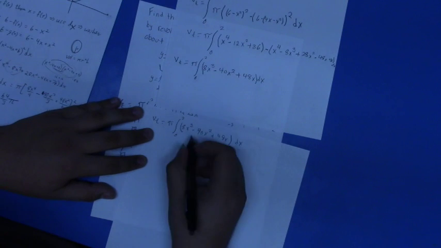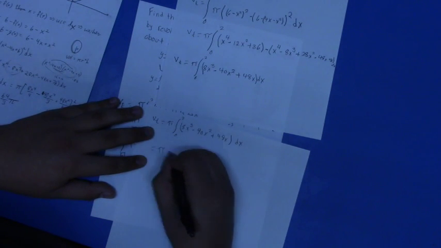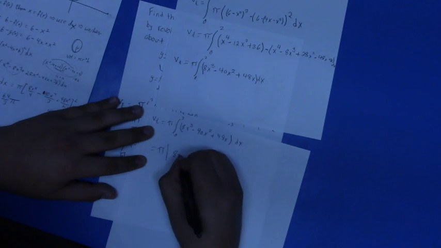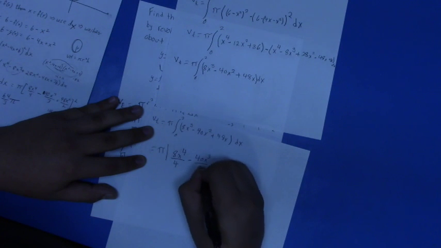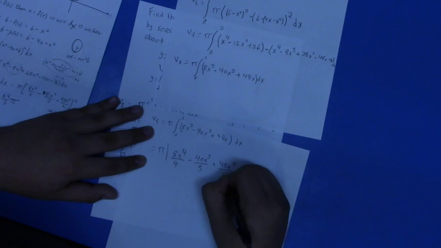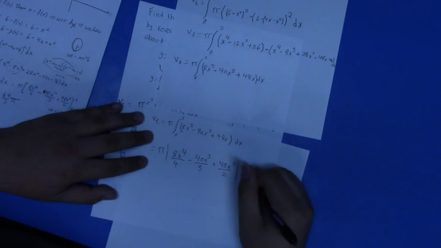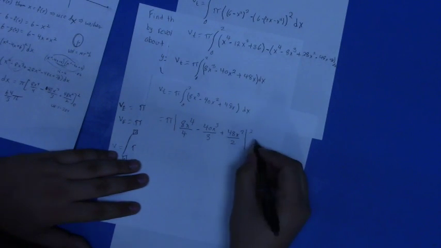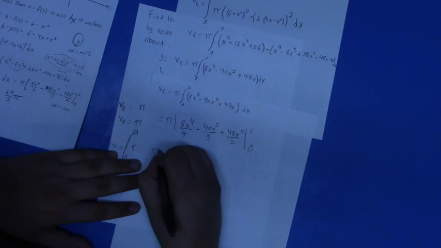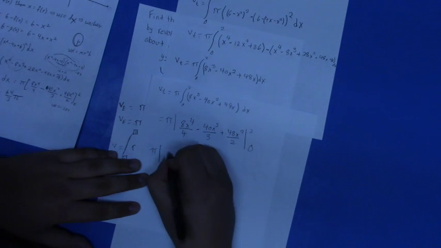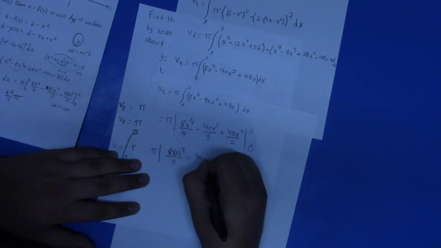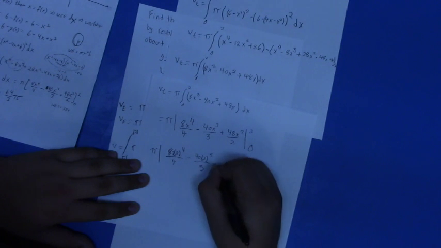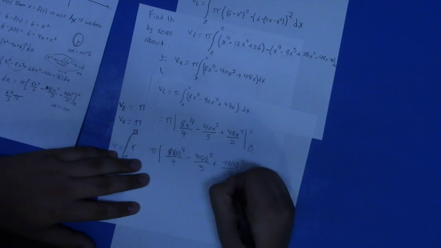There you go. So integrating across, you need to bring down the pi. We get 8x to the 4th over 4, minus 40x to the third divided by 3, plus 48x squared divided by 2, all that from 0 to 2. Now it's just a form of plugging in and then subtracting. So pi times 8 times 2 to the 4th over 4, minus 40 times 2 cubed over 3, plus 48 times 2 squared over 2,